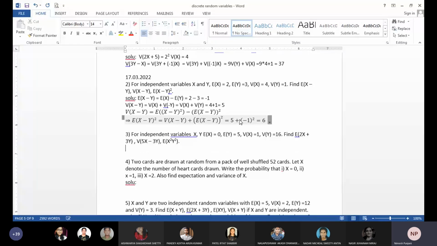Okay, now you tell me the answer for third sum. Originally, the third sum I had kept it for homework. Not a problem. You do the third sum now, so that I will also get some confidence that you have understood the things. So x and y are independent random variables. Expected value of x is 0. Expected value of y is